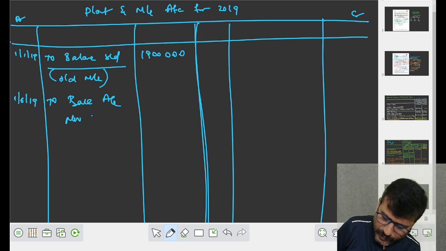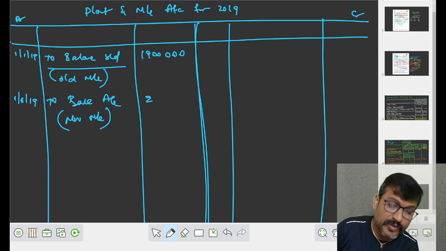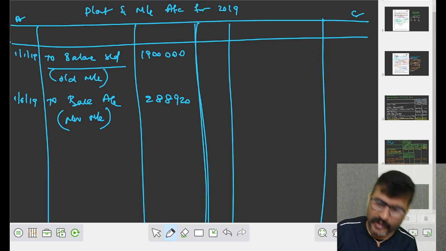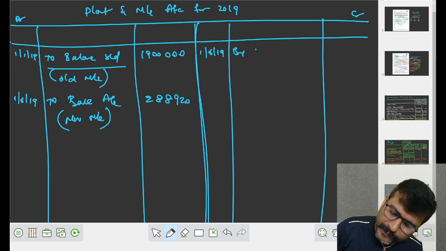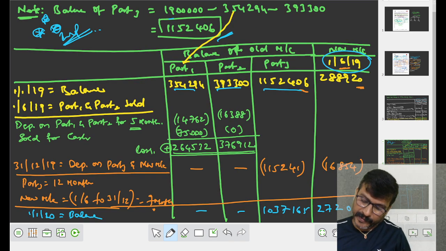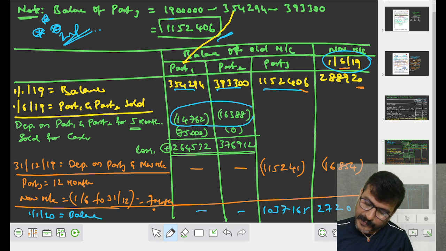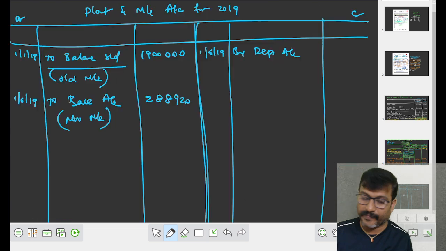To bank account as a new machinery including the installation charges, it comes to rupees 2,88,920. When is the old machine sold? 1st June 19, by depreciation account. See, what is the depreciation? Add these two numbers: 14,762, 16,388. The total of depreciation on both the machines comes to rupees